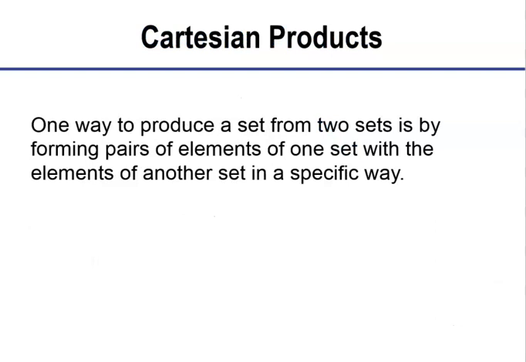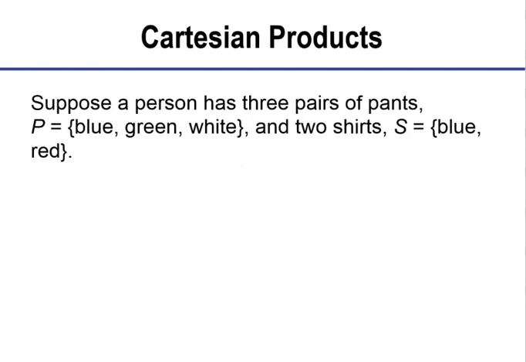Next, I want to define Cartesian products. One way to produce a set from 2 sets is by forming pairs of elements of one set with the elements of another set in a specific way. Suppose a person has 3 pairs of pants. So you have blue and green and white pants, and then 2 shirts, blue and red. How could you combine those every way possible to get